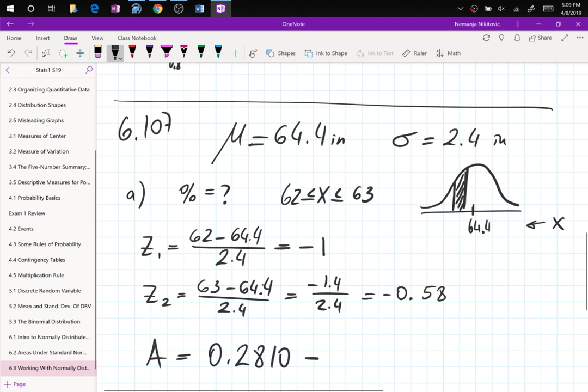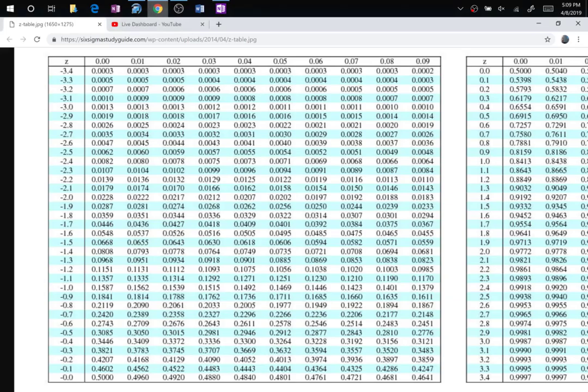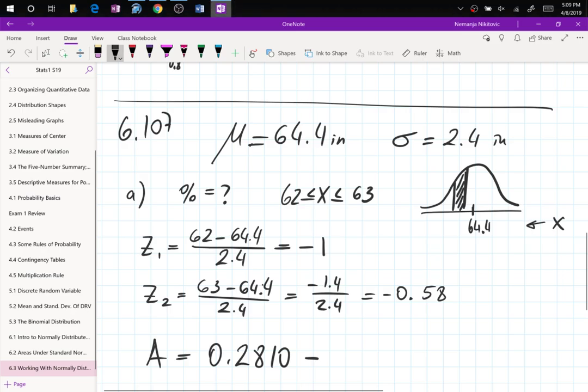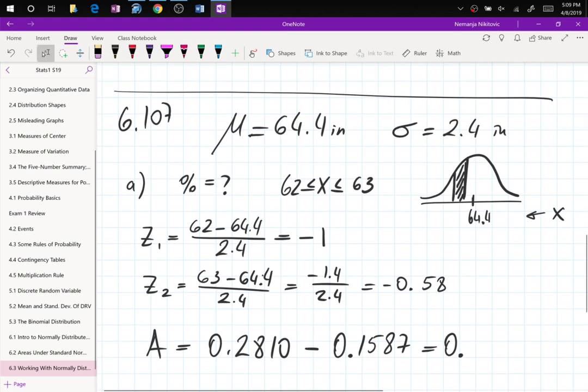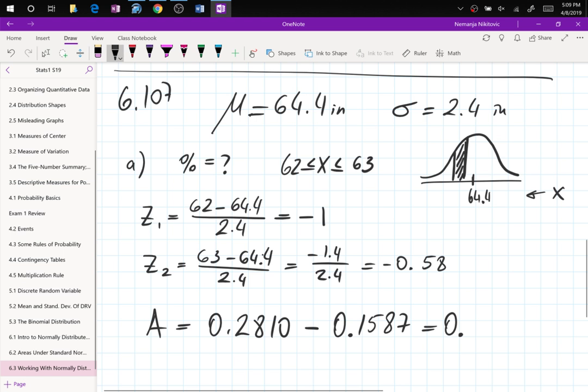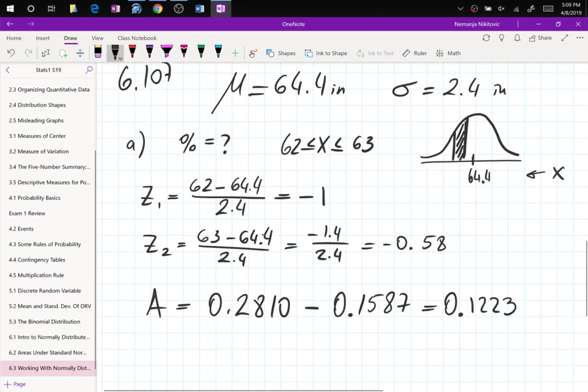Minus, and then we need a -1. 1587. That gives us, when we subtract, so we do the stealing over here, so that's going to be a 3, and a 0 gives us a 2, and then 7, 5 gives us a 2, and then 2 minus 1, 1. So 12.8